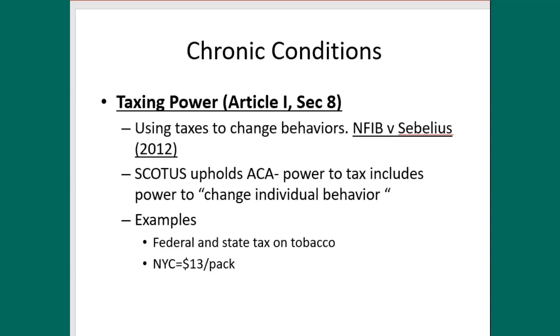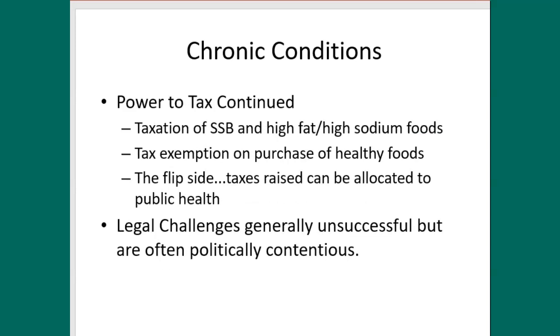Therefore, federal and state taxes on tobacco products would be a good example. In New York City, well, it's probably even more expensive now. But at the time I wrote this lecture, in New York City, it cost $13 to buy a pack of cigarettes. So this is an example of imposing a tax on the purchase of tobacco products for the purpose of discouraging its use. The taxation of sugary drinks, soft drinks, SSBs as we call them, and high-fat, high-sodium food products